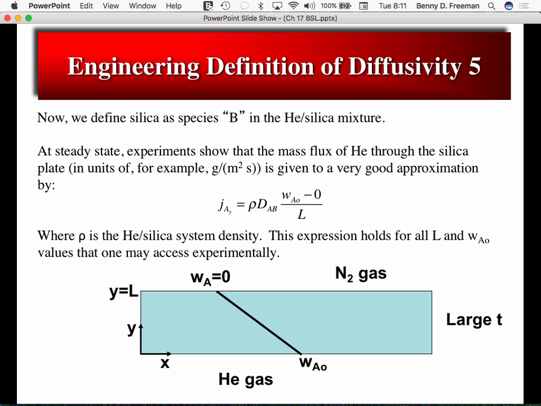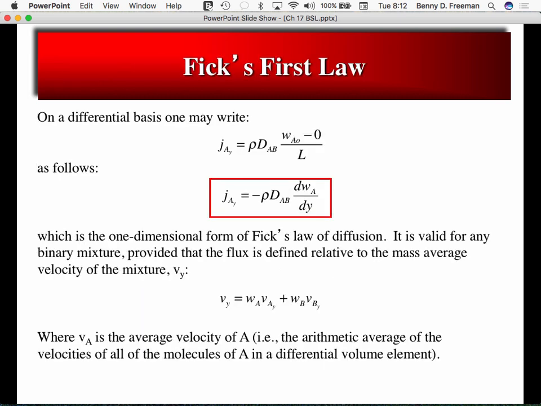And if you vary L and you vary W_A, you'd find that all of the data could be explained by an empirical model of this form with a constant, or nearly constant, value of this parameter D_AB, which we call a diffusion coefficient. And so this is an engineering definition of diffusivity based upon measuring the flux for a given concentration difference and a given thickness. Now, on a differential basis,